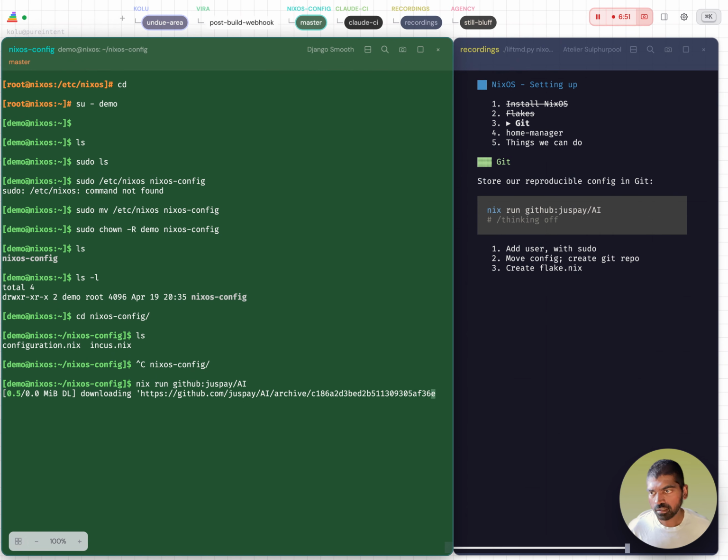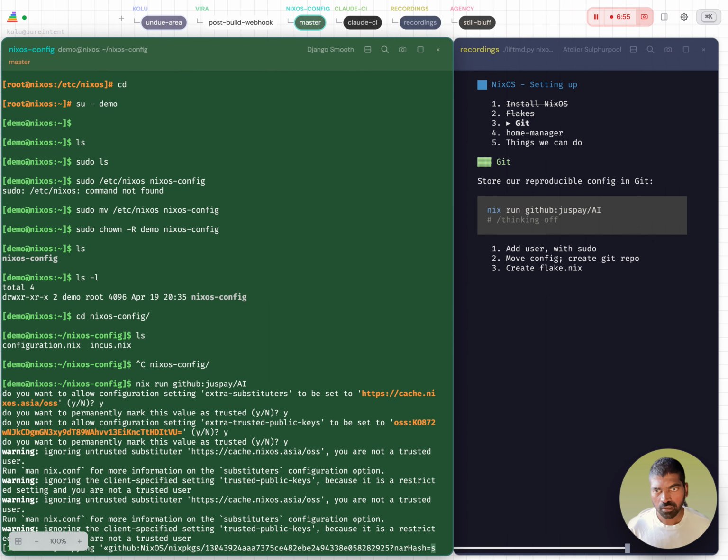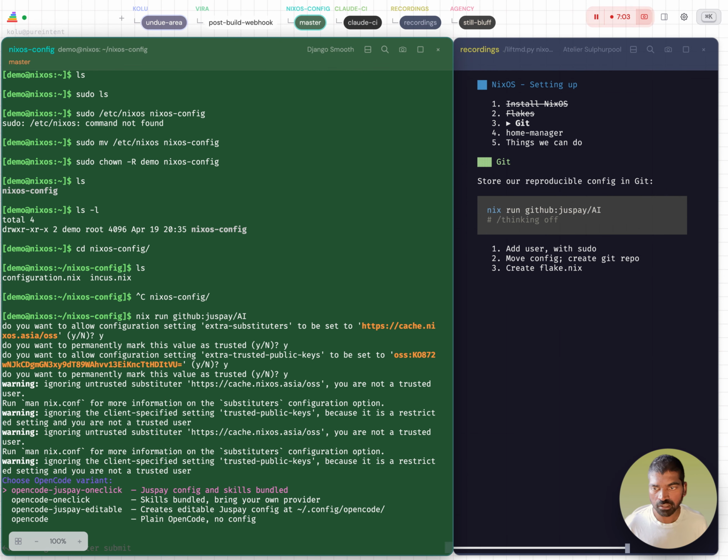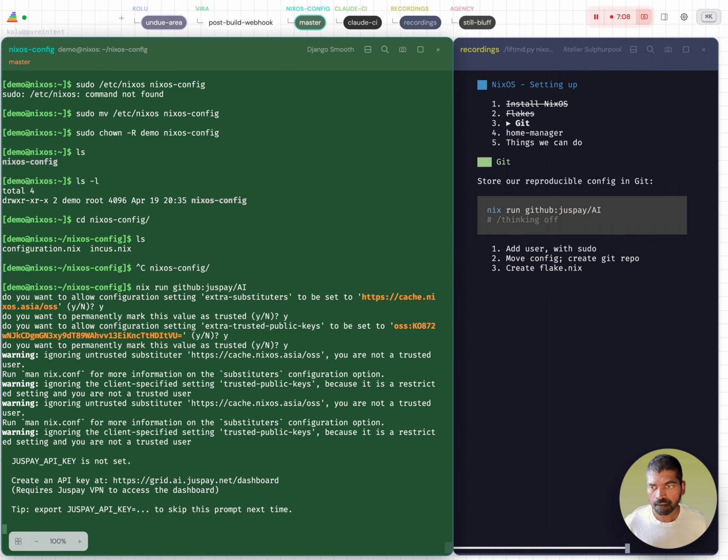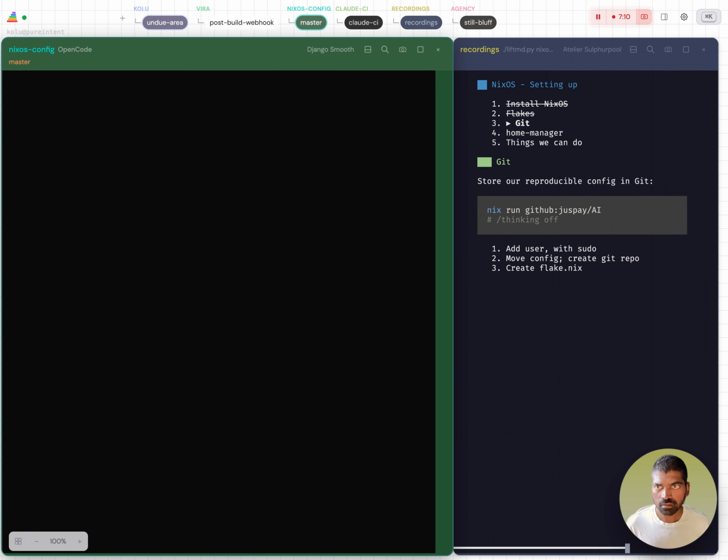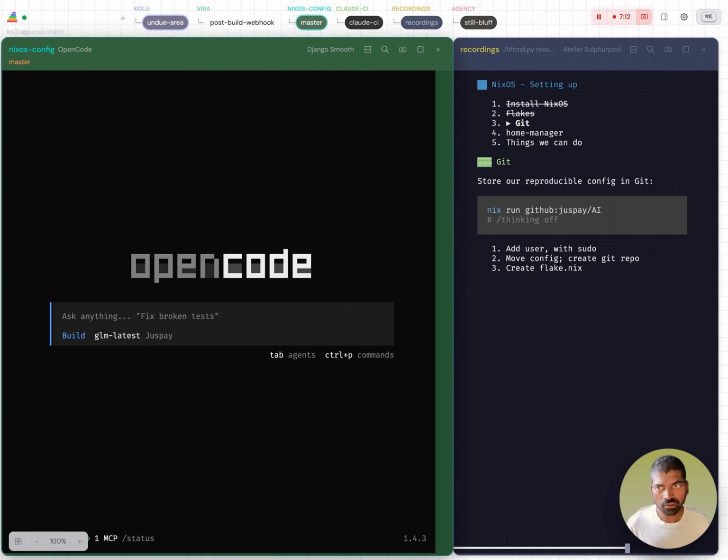run my AI client and do the same thing. Oh yeah, the cache is not trusted, but it's cached. So the second time it ran fast, and there it is. Open code is running, and now I can say